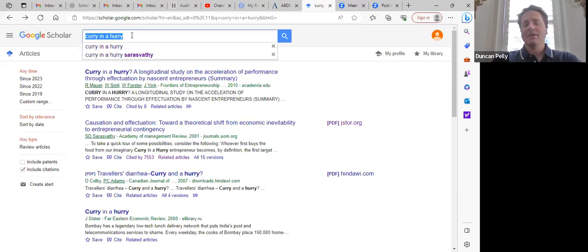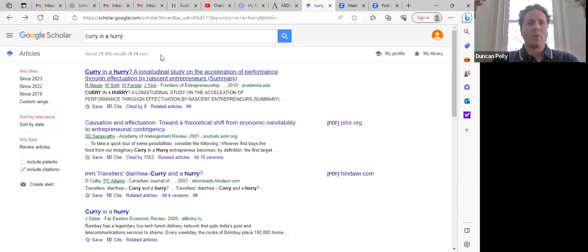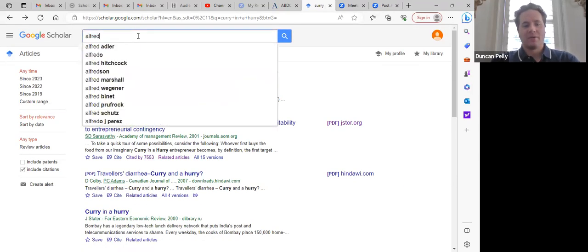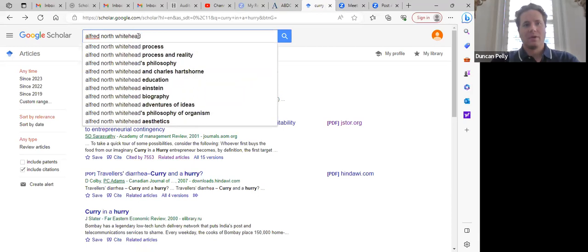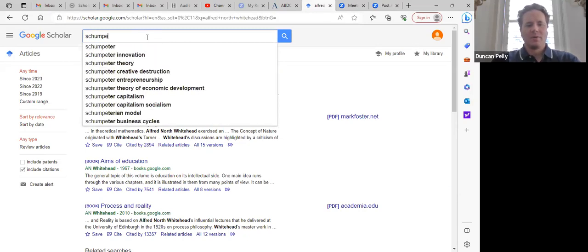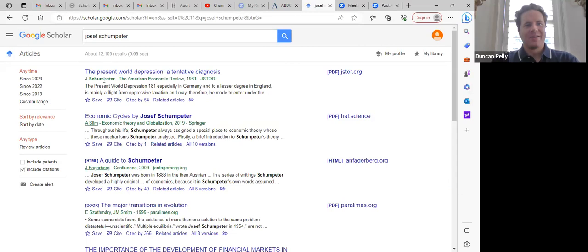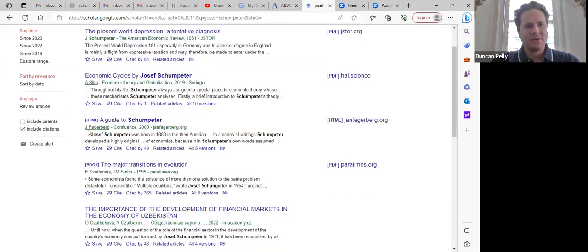Now, you can do the same thing with any particular scholar. Let's see if someone's well-known. I'll take somebody who I like, Alfred Whitehead. He's one of my favorite writers. He actually does not have a Google Scholar profile, probably because he died about 100 years ago. But somebody has made a bunch of Schumpeter profiles. I guess they took that down. Let's see, I don't know who this is. Jay Fagerberg. Okay. Let's see who this person is.